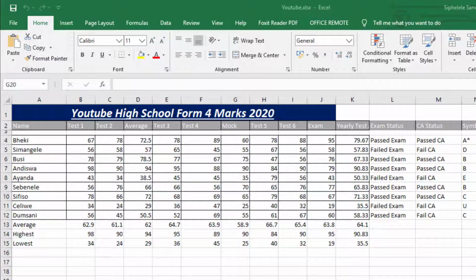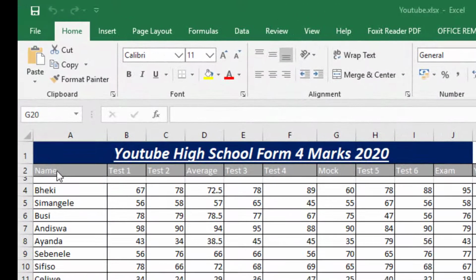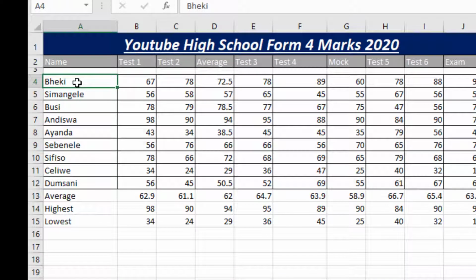Let's first sort our data. As you can see here, we have Peggy at the beginning and we also have Dumsane, so our data is not sorted in any order. I want to sort this data so the names come alphabetically. So what we need to do here is select everything